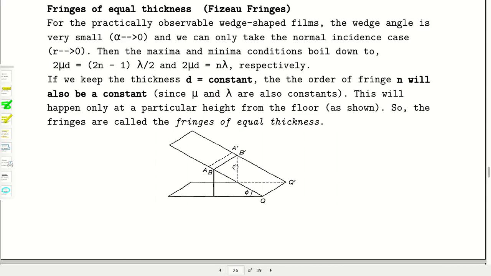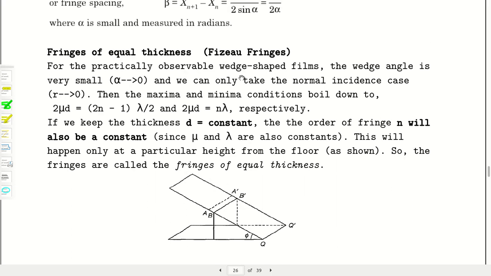So every point will satisfy the same max or min condition with the same order number n. So we will get straight line fringes parallel to the top surface, alternately bright and dark, and those fringes are called fringes of equal thickness, also called Fizeau